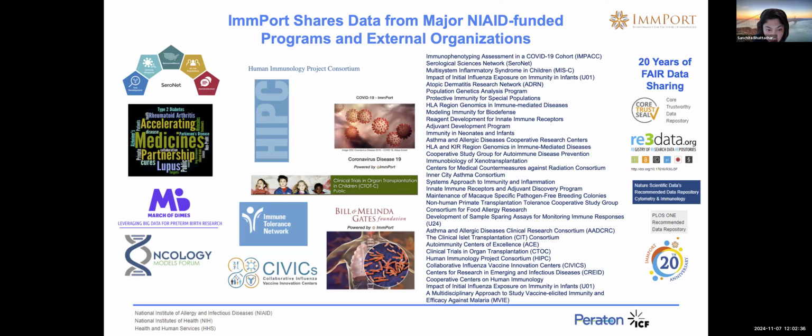The list is pretty long, but I will just highlight HIPC, the Human Immunology Project Consortium, Seronet, and IMPACT, submitting data on COVID, and CIVICs for the vaccine data sets, and DIMES for preterm birth. We also have autoimmune disease data sets in ImmPort, and some tuberculosis data from the Bill and Melinda Gates Foundation,